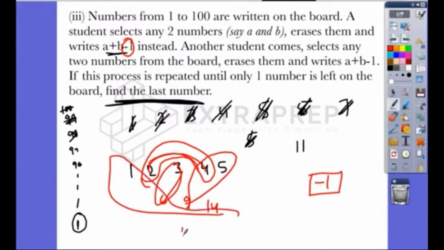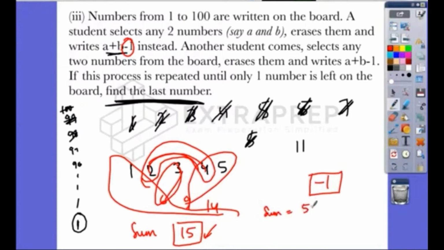14 plus 1, 15. So basically you can select two numbers in any order. You can select 1, 2 first or 1, 3, 1, 4, anything. But still finally it comes down to the sum of all the numbers. See, we had taken 1 to 5 and we got the sum as 15. Minus 1 is not yet done. We'll do that at the last. Similarly, when 100 numbers are there and you select any two numbers and add them up in any order, obviously, finally, you get the sum of 1 to 100.